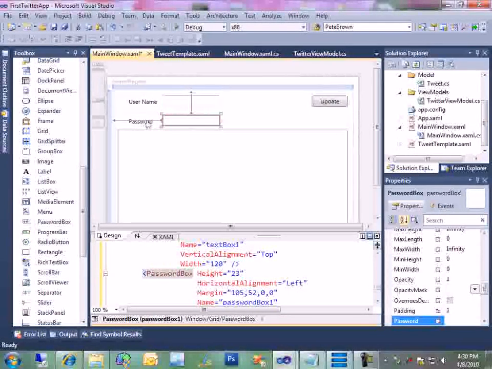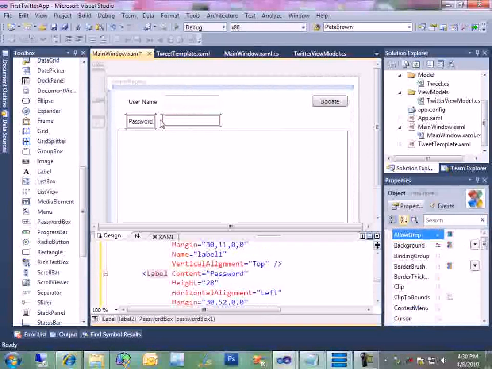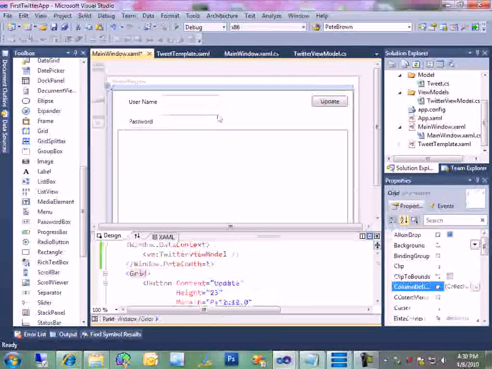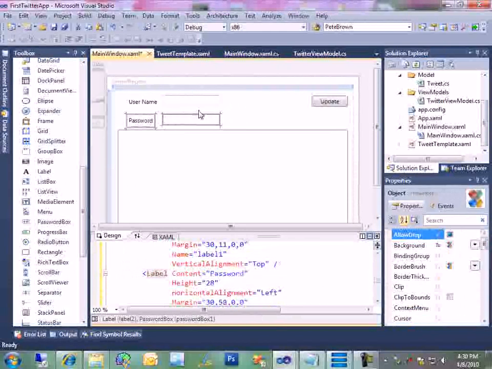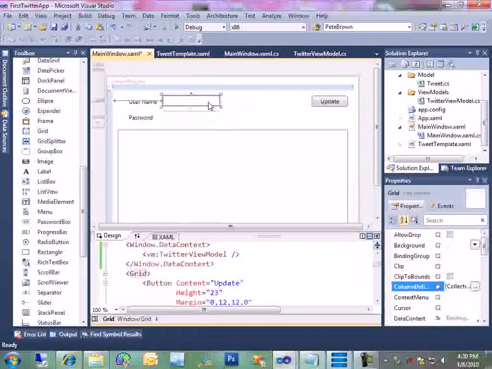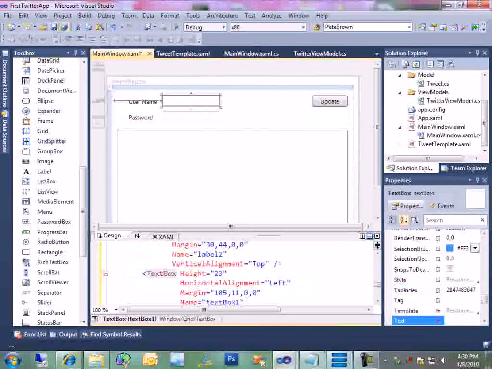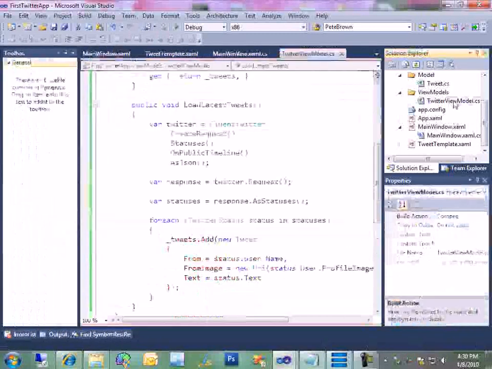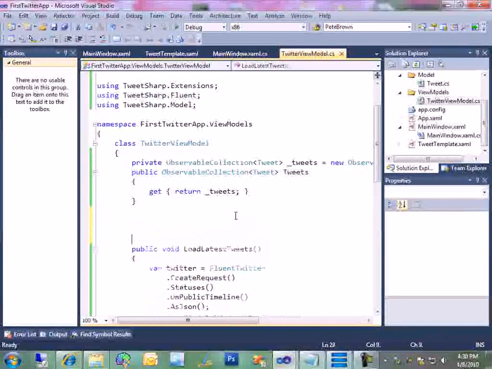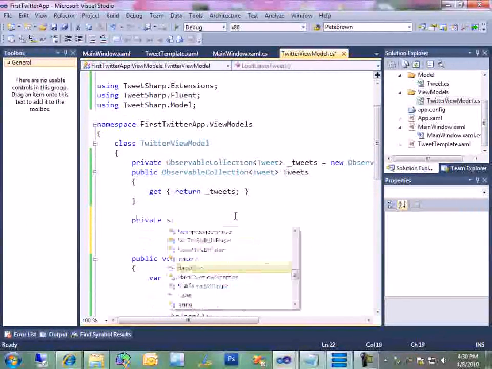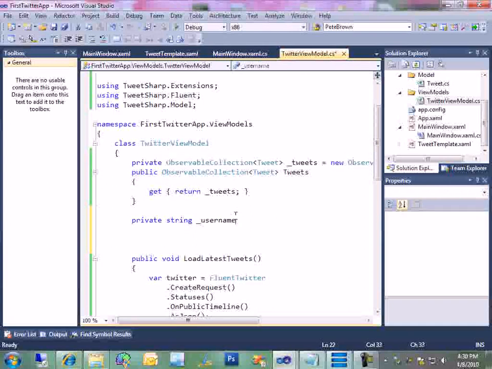I can select both of these if I want. Oops. Let me reset that. There we go. I can select both of those, and I can nudge them up and do things like you would normally expect to. Now the username here, we're going to use data binding, and the password we're going to use code behind. So let's go back to our view model, and let's add in some properties to hold the username and password. So private string username